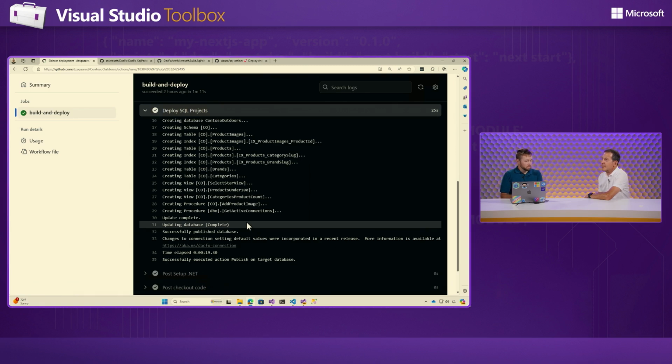That's cool because it means you don't necessarily have to create the mock database somewhere and then switch back and forth between real and mock. This just creates a database, you use it, and then it gets torn down when you're done. It's gone. That's pretty nice. Yeah. So that was kind of an introduction to SDK Style SQL Projects, how they benefit you